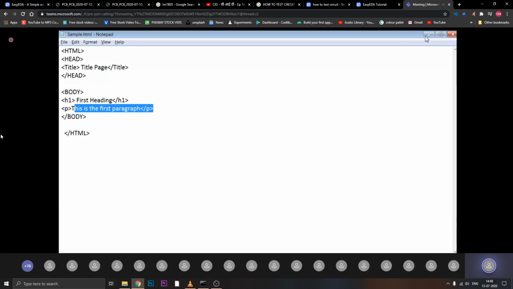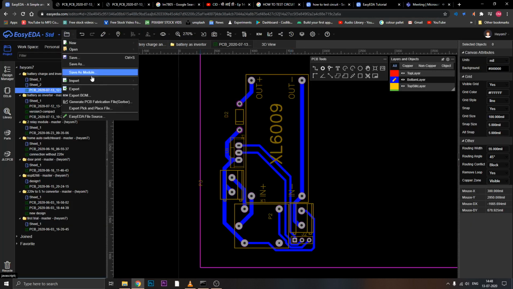Because many versions of HTML are available, some tags are supported by some browsers and not by others. So whatever code you write, sometimes you might see the code as it is because it is not supported by that browser. So always use the latest version of the browser. Mostly use Mozilla or Chrome. We'll see how this document will appear.